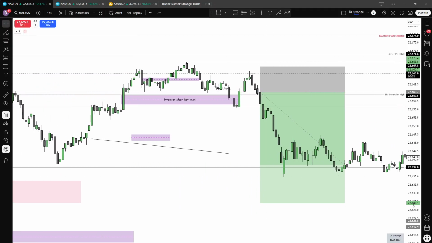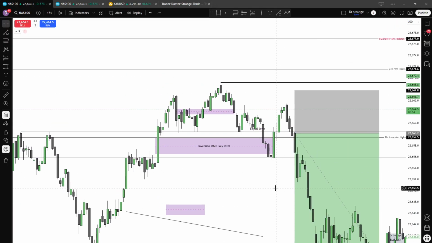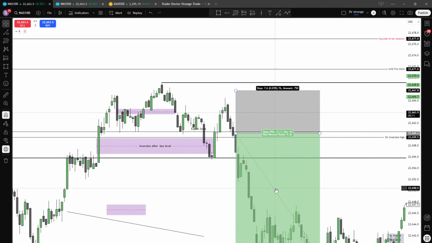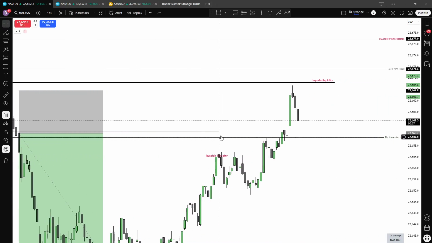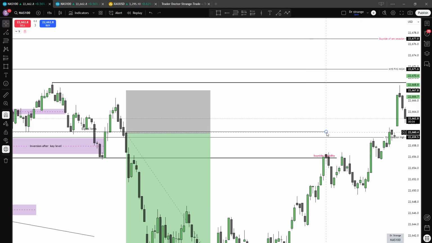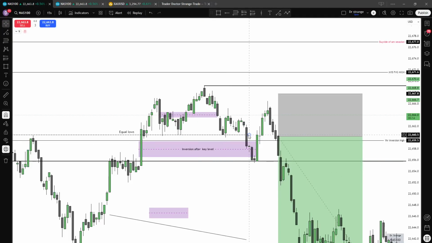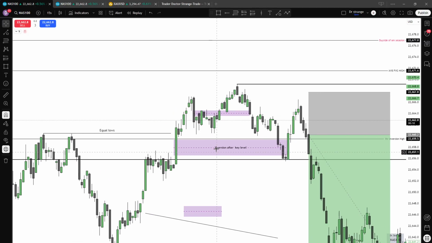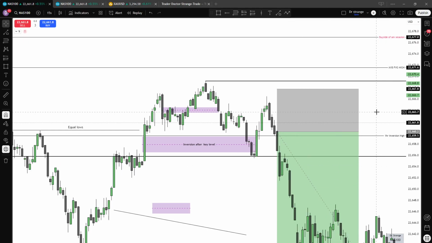Okay. Now on the 15 seconds chart, the same logic I told you. Where is our buy side liquidity? Our buy side liquidity is here. We want to wait for price action to take out the high that took out the buy side. And these were actually equal lows. On the 15 seconds chart, we had equal lows. This is the inversion after the key level, or after buy side. So we have a 1 hour inversion high. Okay. The low is here. This is the other 1 hour inversion.